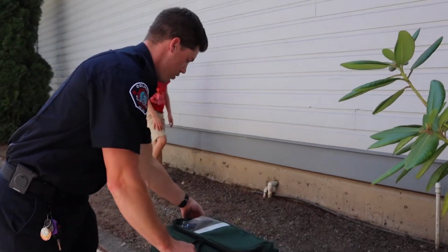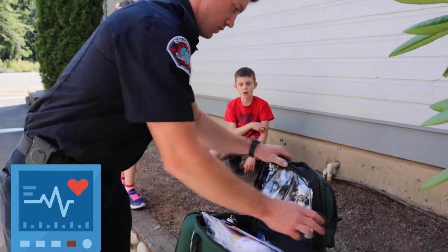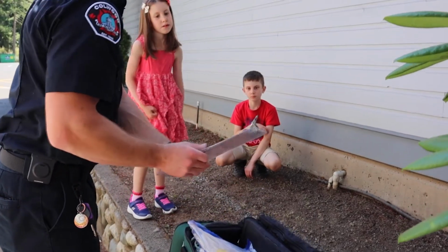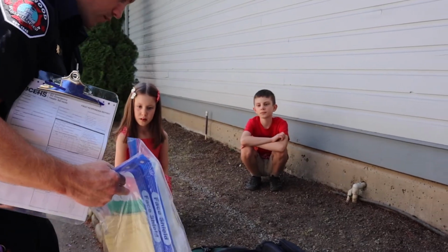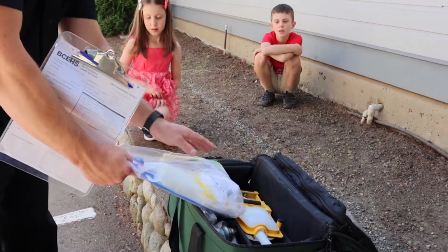So this is all just our medical emergency stuff. We have lots of stuff in here. A clipboard so we can take notes. We have our personal protective equipment. So whenever we go to a medical emergency, we want to wear some gloves and maybe a mask